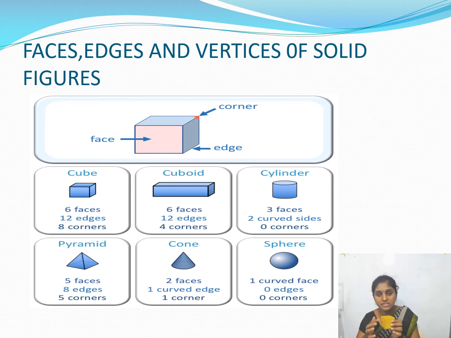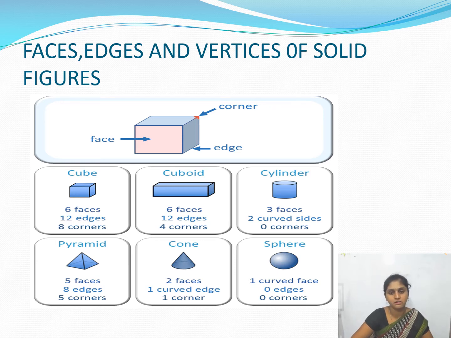By using lines, we will join the vertices. After joining each vertex, we can form a figure. So this is a figure now. Whatever we are seeing here, these all are the faces. Here this is also a face. So this is a cube. Many other solid figures are there. Here some examples: cuboid, cylinder, pyramid,